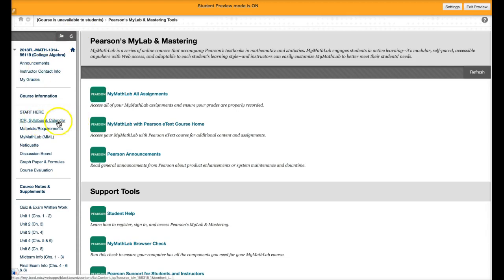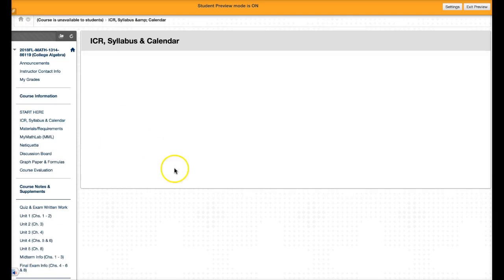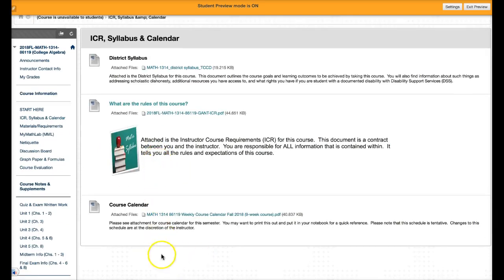You'll see the instructions for how to get started with this process. I don't have it posted here right now because I just got through building the course, but you'll see it down here on the course calendar. I'll have that information available for you on how to get started. But once you're there,